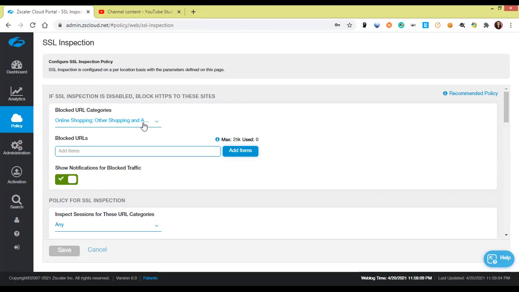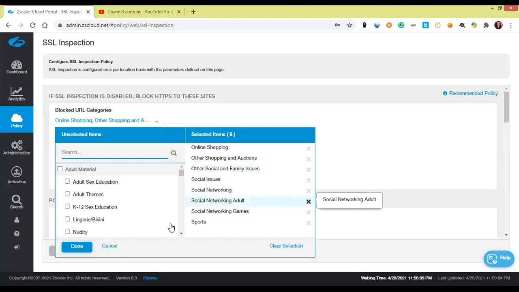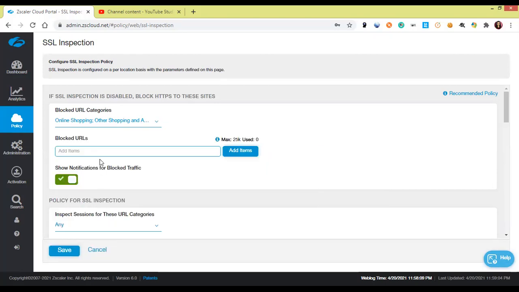If SSL inspection is disabled, Zscaler cannot intercept the HTTPS sites and cannot enforce the policies. So if HTTPS inspection is not enabled on the location, then you can block the categories which need to be blocked under here. And you have the option to enter specific URLs here